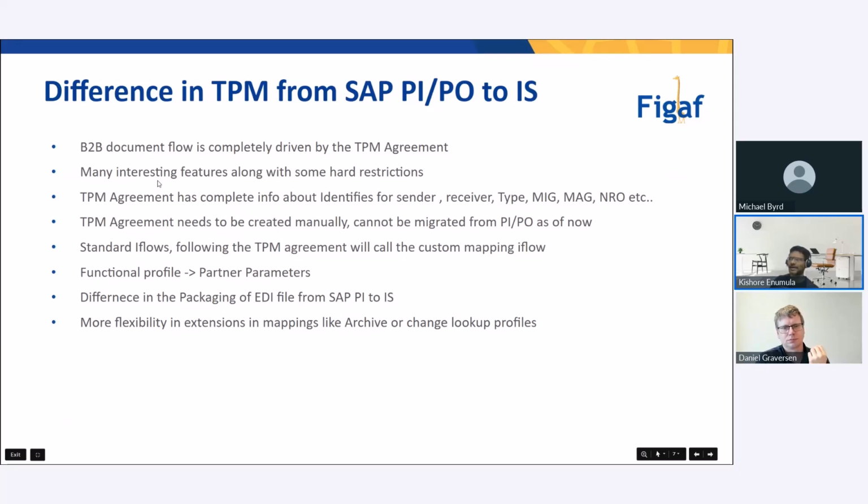I call them hard restrictions because what used to be very normal in PIPO will not work. For example, you can use a conditional receiver determination and choose any field you want, but in TPM there are some restrictions. So that's one thing. And then the TPM agreement is a complete